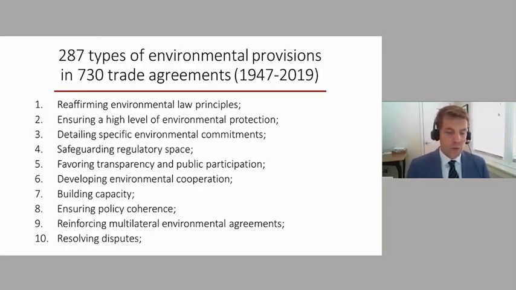So those are very broad categories, and as I said, under each of those categories, I identified and detailed very specific types of environmental provision. Actually, there's a code book, more than 100 pages, detailing specific criteria for each of those different types. And then I hired a team of research assistants. Most of them were trained lawyers, and they worked for several months to read those 730 different trade agreements, from the very first line to the very last line.